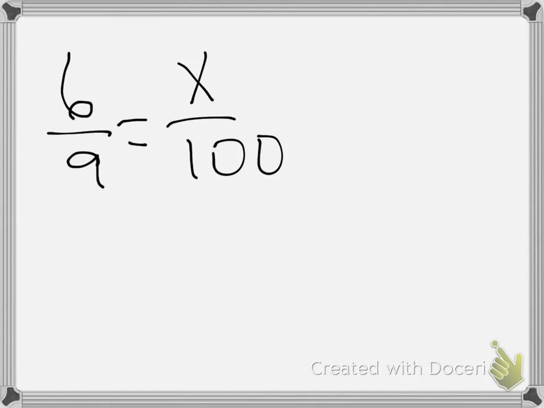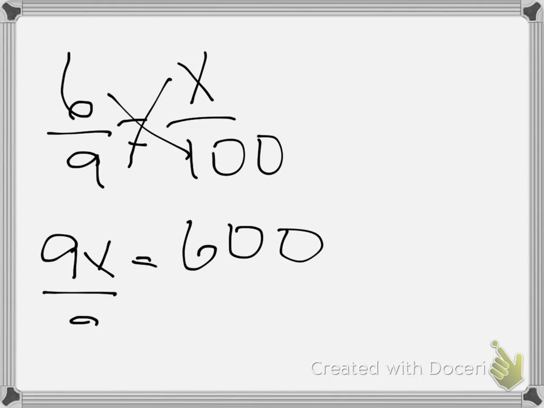We'll do one more example. What if we have something that doesn't work out quite as cleanly? So what if we have something like 6/9 is some percent? Or what hundredths? Well, again, when we look to cross multiply, we'll end up with 9x equals 600. And we divide by 9, we're going to get x equals